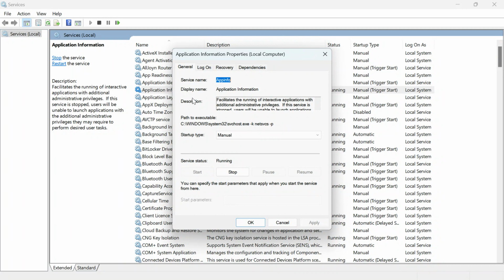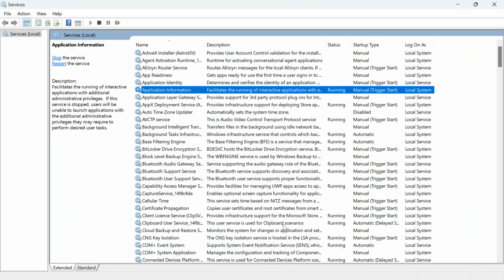What do the services do? This facilitates the running of it, but that is not the main point here. Here we look at what the services are, how to see the services, and what the startup type is, whether it is manual, automatic or disabled, and what the status is, running or not. So we will be working on these things. And one more thing: how can we know whether this service was installed with our application or not? To check that,